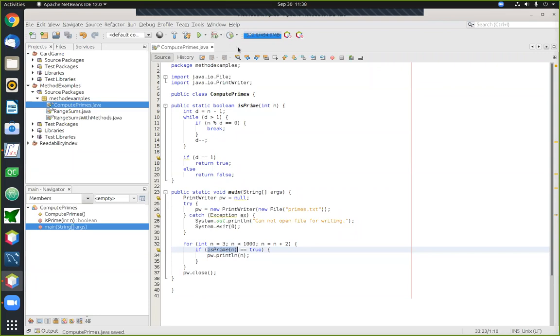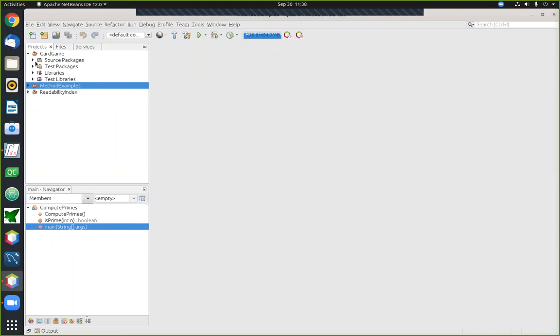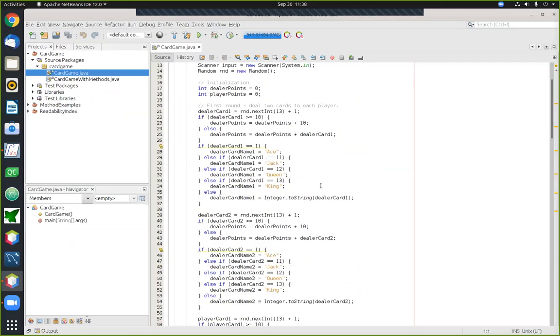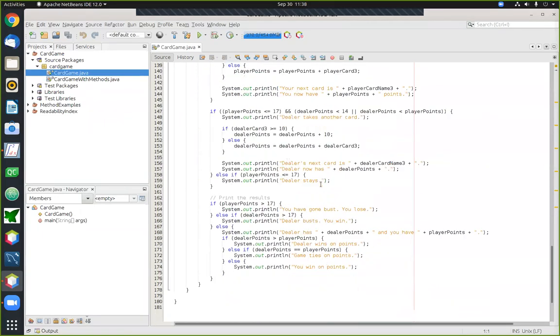And again, the purpose of the next example is to demonstrate how methods can potentially take some rather ugly code and make it much nicer looking. The next example I'm going to trot out is this rather long and extensive card game that I showed in the lecture on if-else statements. This thing is really a vast number of if-else statements. If you're looking for an opportunity to get lots and lots of practice writing if-else statements, this card game is a prime example of that.